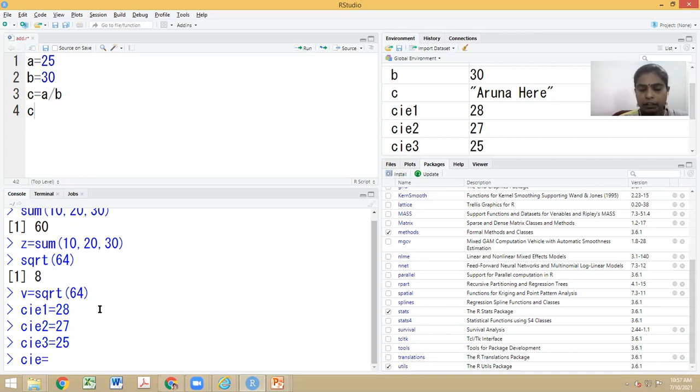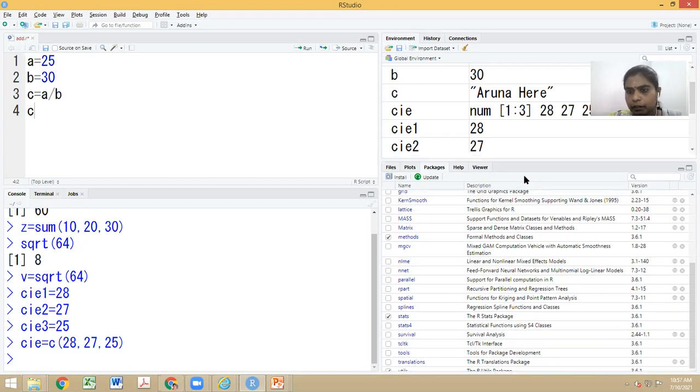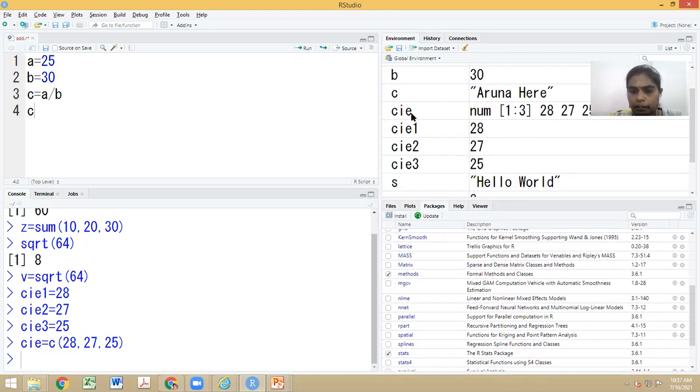So how do I keep all the 3 values inside? I can use this operator c, and then send these values separated by commas. So 28, comma, 27, comma, 25. Now what happened? Look at your environment. CIE is one variable, and you can see here you have 3 numbers, 1, 2, 3.